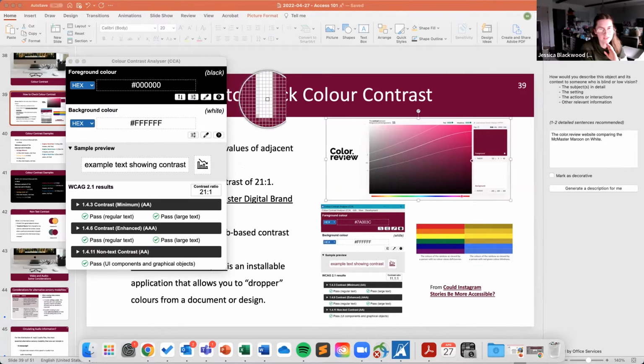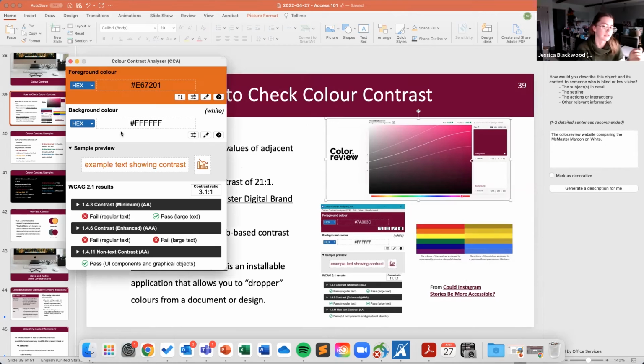Yeah, so this is the dropper, so I can just float it around my screen, and let's say I have orange text. So this is not compliant, 1.3 for regular text, or it's not compliant 1.4.6. So that's that AAA compliance. These are the WCAG guidelines themselves. It is, however, just compliant for non-text contrast.